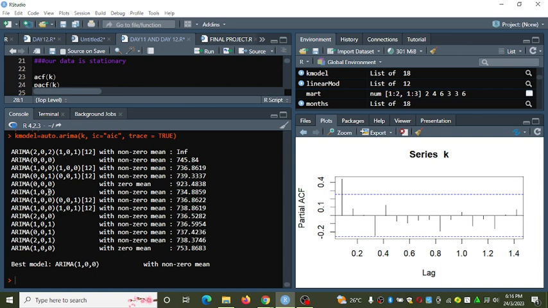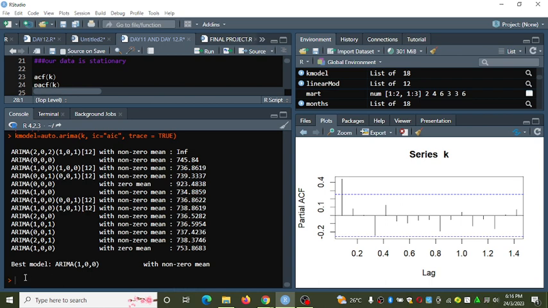I think it's here, isn't it. Yes, this one here with non-zero mean. It has a value of 734. 734, yes. 734 is the minimum inference from this part.